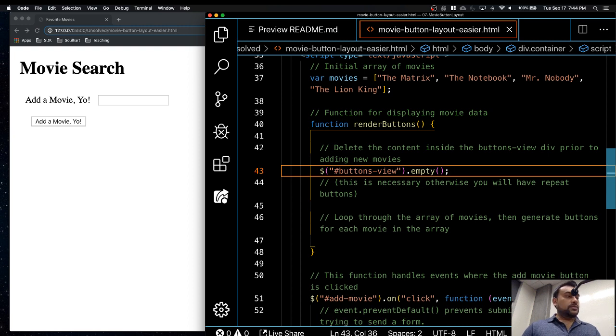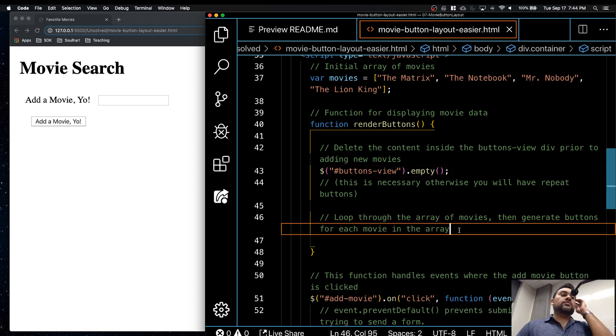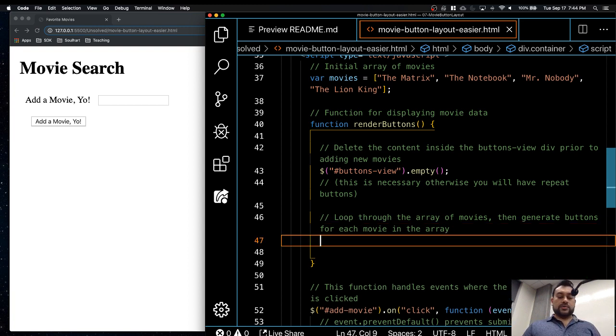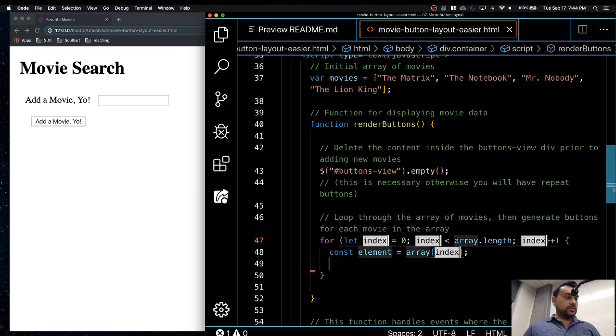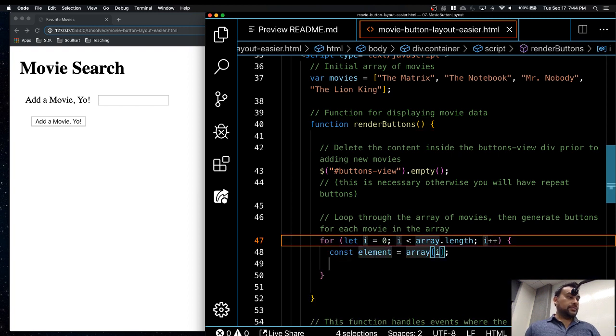Okay, the next one is looping through the array of movies. You can use the for loop or you can use forEach, whichever you are more comfortable with. Both of them will work over here. Let's do it with the simple for loop. So for